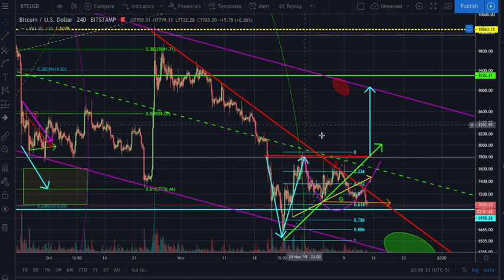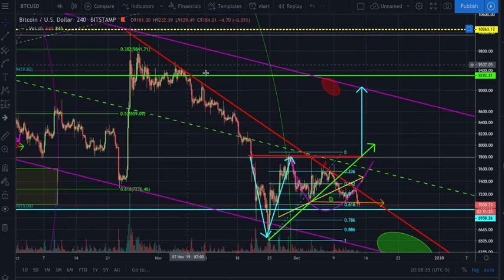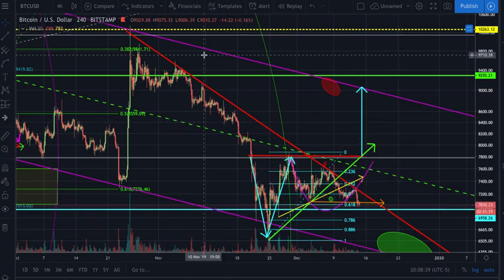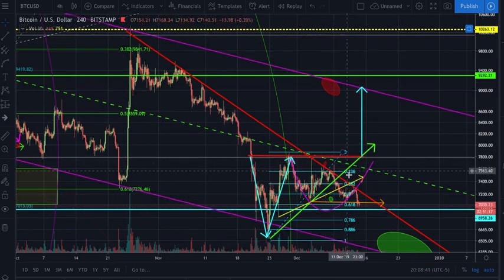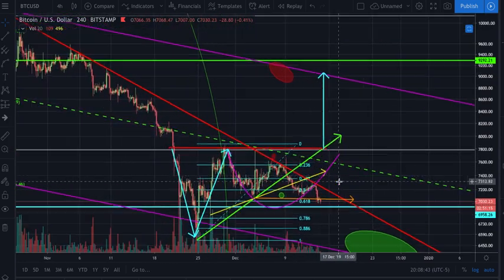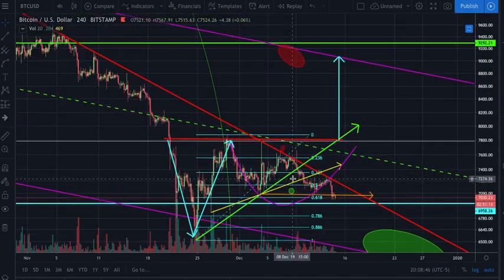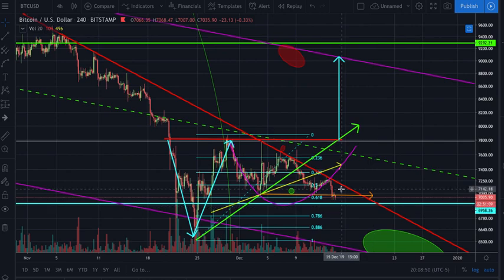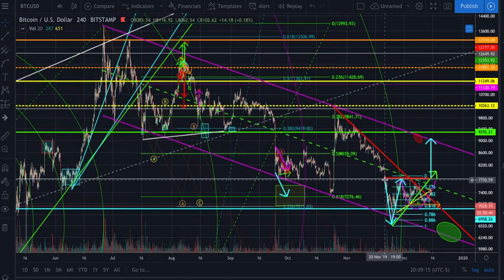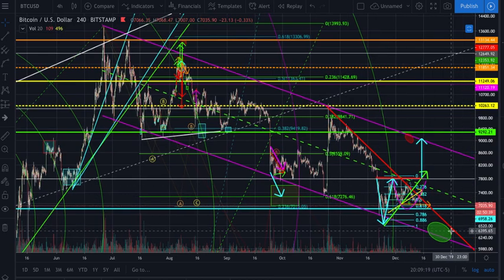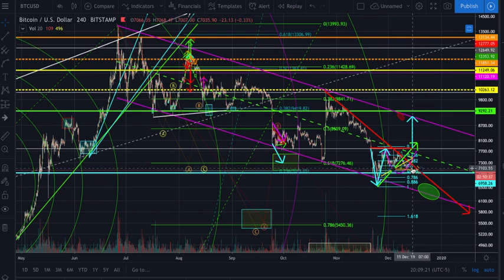But we're in a consistent downtrend. We're getting smashed down by this descending triangle, the resistance that's essentially forming right here. So what's most likely to happen here? This downsloping resistance line is most likely going to push us down again. Where does it lead though? I don't know. Maybe down to this big green circle, the 6,000 range. We touch the bottom of the channel, and then we get the move up there.